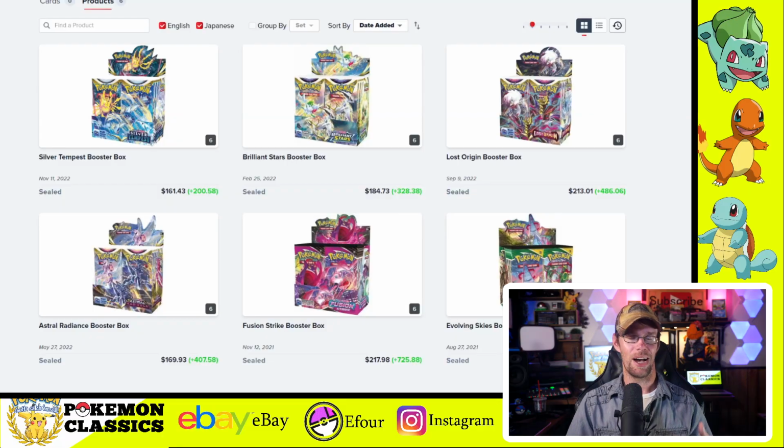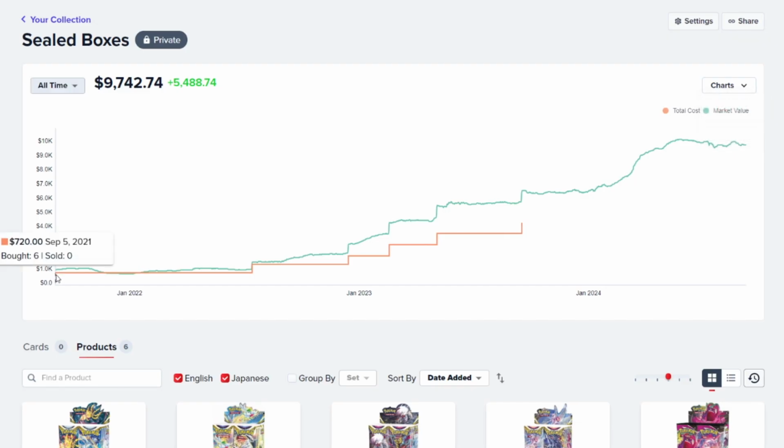For all the sealed investors out there, I also created a portfolio of Sword and Shield booster boxes. Now, I don't own any of these boxes, but I entered hypothetical purchase prices for 6 boxes of each of these 6 sets shortly after their initial releases. By the time the last hypothetical purchase was made in September of 2023, the total cost of these 36 boxes was